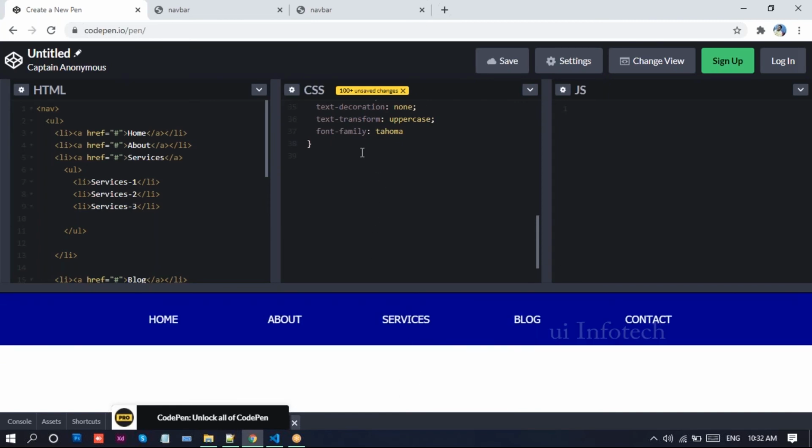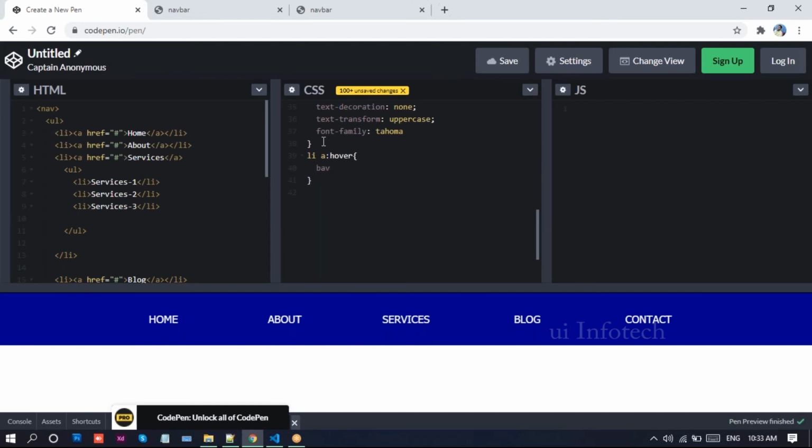Now look at this one. If you hover on this one, now we have these drop downs there. For the drop down also, we need to apply some styles. See here, whenever the user hovers on these anchor elements, I need some color there.